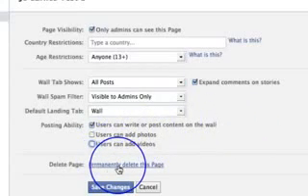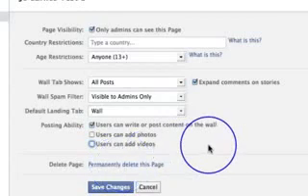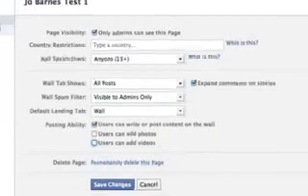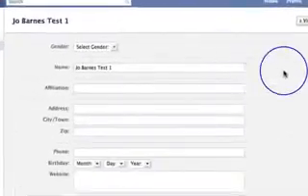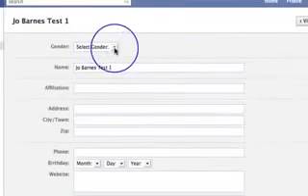And then this is where you delete your page. If the page is no good and you want to get rid of it, you just click permanently delete this page and boom, it's gone. Okay? So then we move down to the second one, which is basic information. And this is where you are going to put all the information about you. Now, as I said,